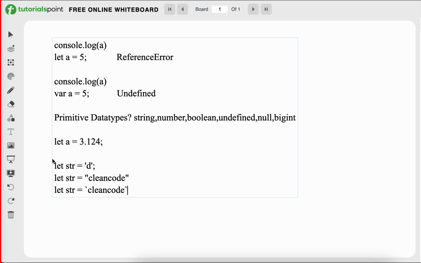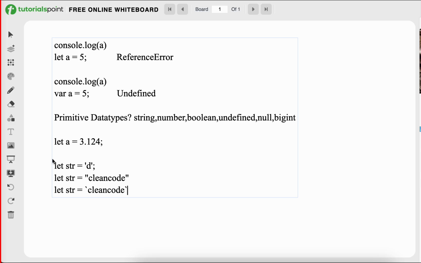Can you give me one example? Null means an absence of value. For example, let b equals null; console.log of b, the output will be null.